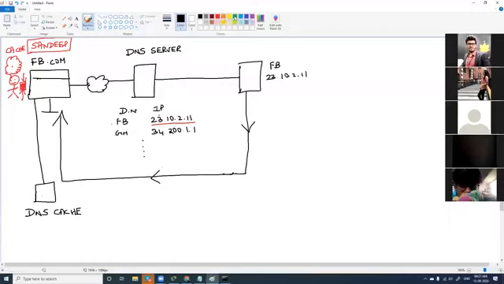So how does the flow go? The flow goes like this. When you type facebook.com, first the request goes to the DNS cache. It will see if we have any entry here, if facebook.com has any IP address. First it will check in its DNS cache. If there is nothing here, then it will go to the DNS server, and probably you will get the reply back. But sometimes your network admin or system admin can configure a few things here to allow or disallow access to a few websites, right?